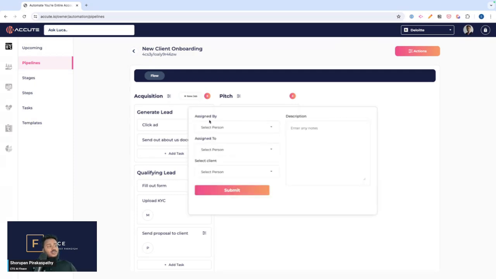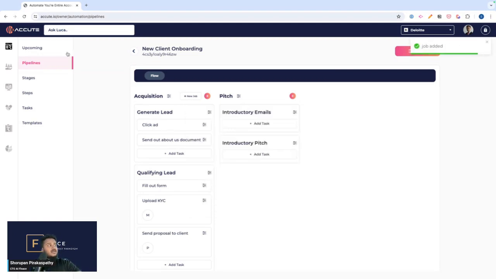So here I'm adding a new job, assigned by whom, assigned to whom. So let's say I assign it to Vidal and select the client in question. So here I am going to select a client, say Prasanna, and any descriptions I may have, please prioritize this client. And then you will be able to submit this job. And as soon as it gets submitted,